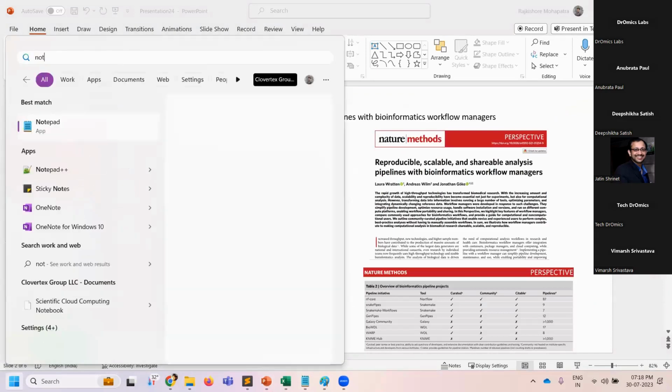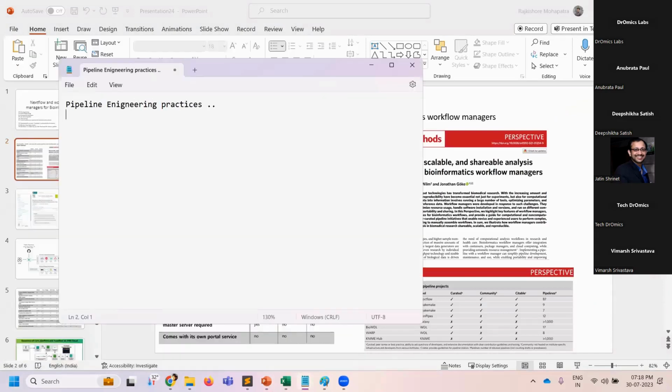When we talk about pipeline engineering practices, the main ambition or motto is developing a whole exome analysis pipeline in a 64 GB RAM computer, cluster, HPC, or CPU, whatever is available. This is the main aim, the main goal. You're working with an academic organization or a corporate, and this is the main thing you have to do. This is what is asked of you.